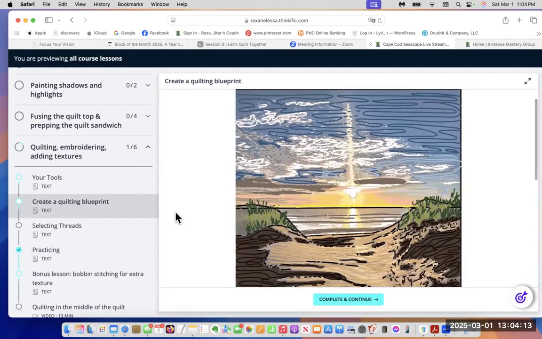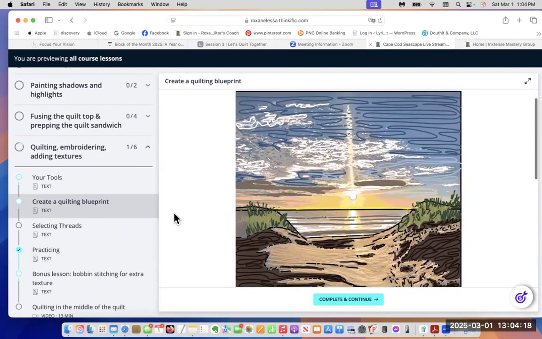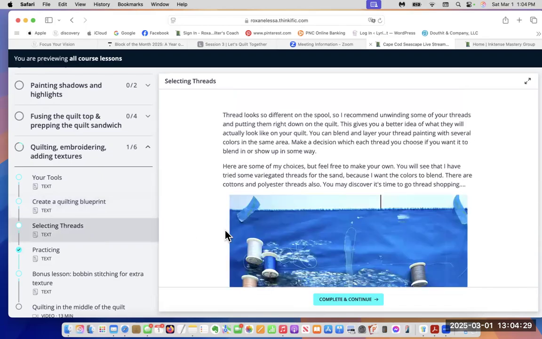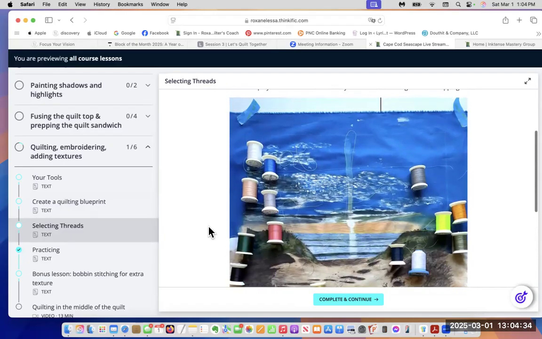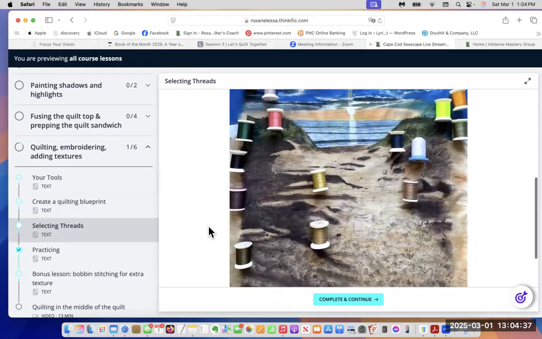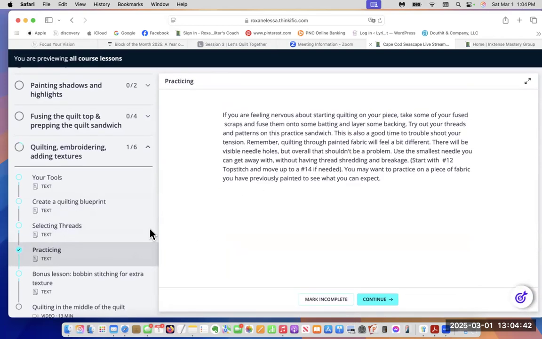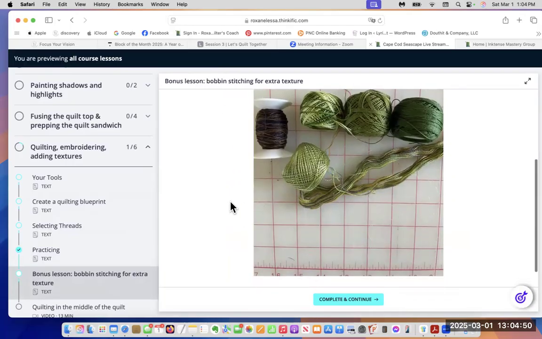I did that in my Procreate program. So I just took the picture and I did some very crude kind of mock-up of where I wanted to go with the quilting. And then down here is looking at selecting the threads, and I'll show you in real time some of the threads that I have set aside. And then a little lesson on practicing, and then I haven't done the bobbin stitching lesson yet